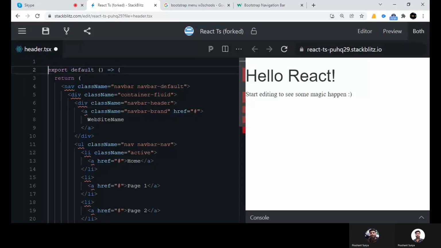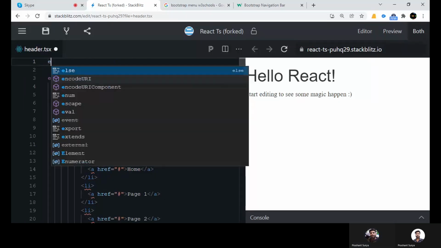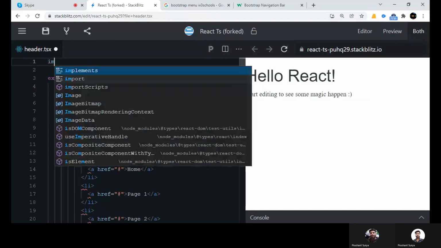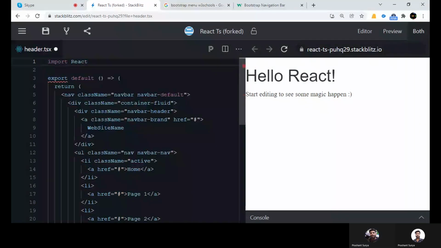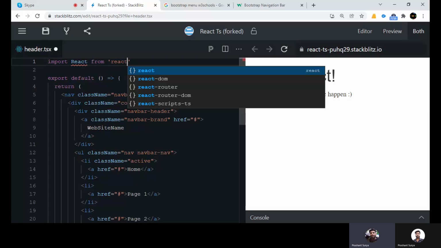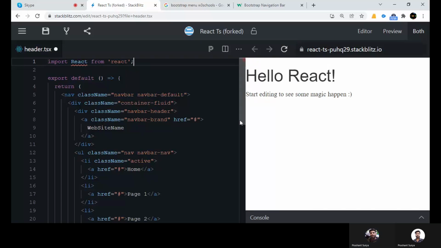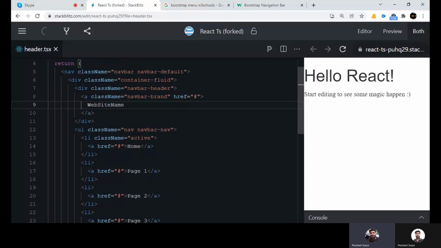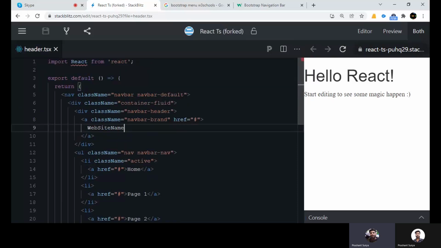Okay. Okay, so we have some navigation menu. Okay, so we will call this one inside our